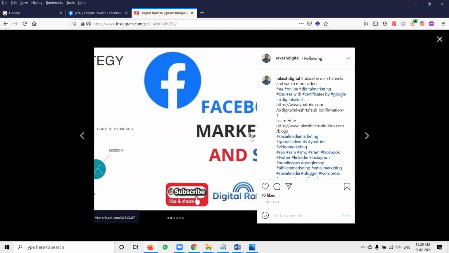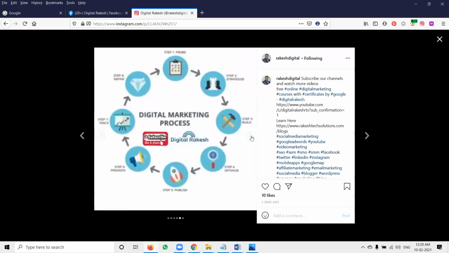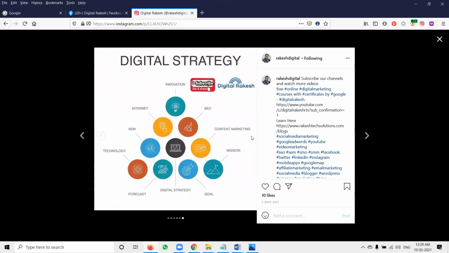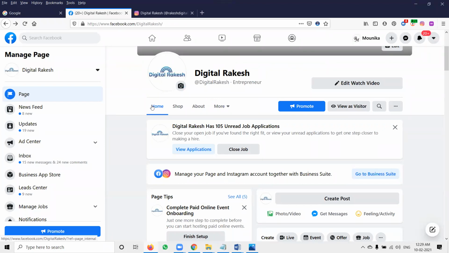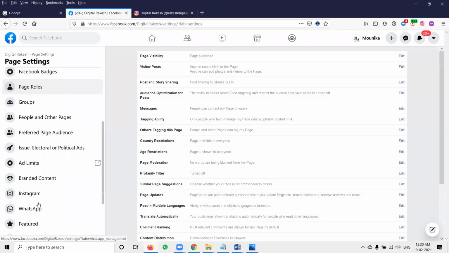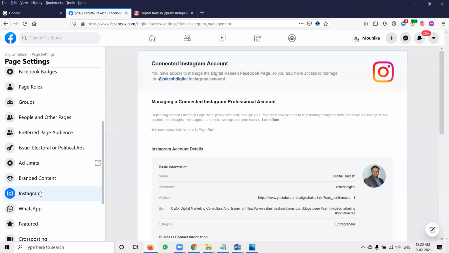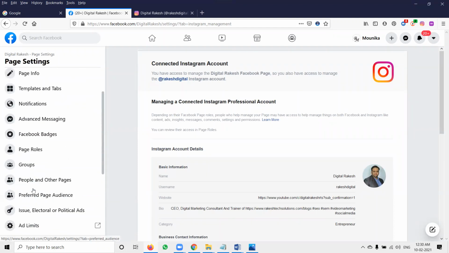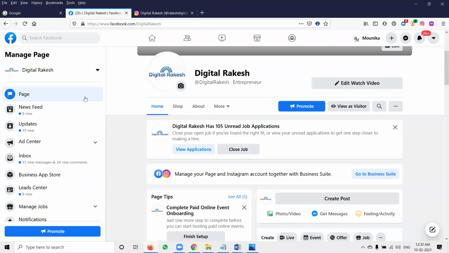See here, it is multiple images. How can we post this? For this, a new option has been introduced in Facebook and Instagram. The first requirement is that your Facebook page is connected to Instagram. Once you connect, go to your Facebook page. A recently added option is called Business Suite. Recently there was an error where people using Chrome do not see this option on their page. It is better to use Mozilla to see this option.